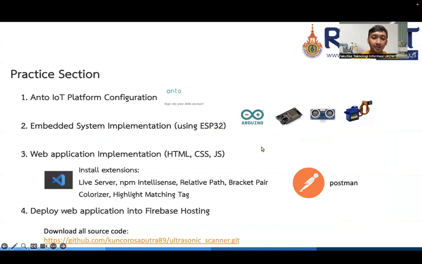To practice this example, first we should configure the Anto IoT platform, and then we need to prepare the embedded system like ESP and Arduino IDE, ultrasonic sensor, and motor servo to create this system.